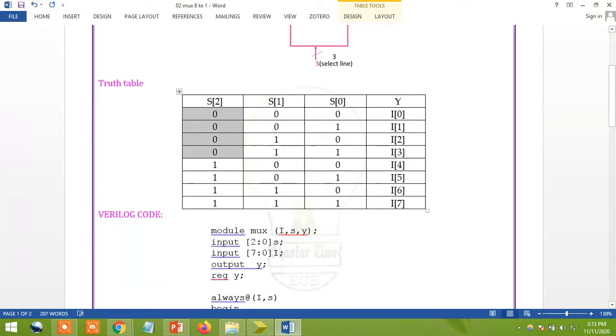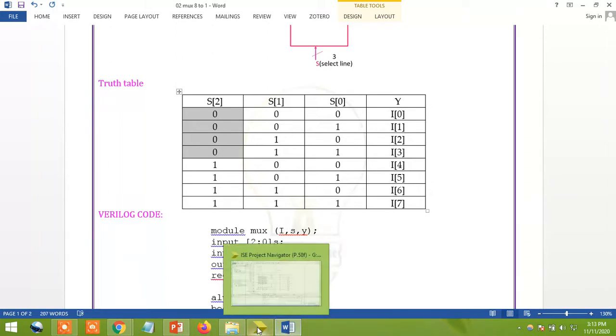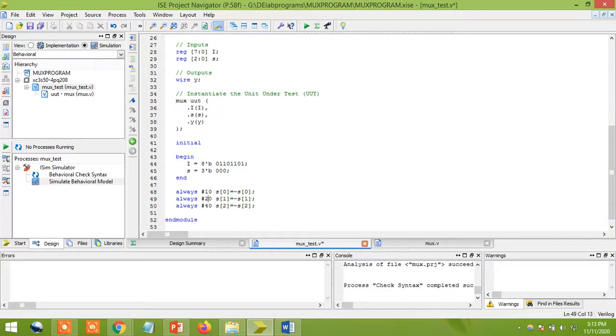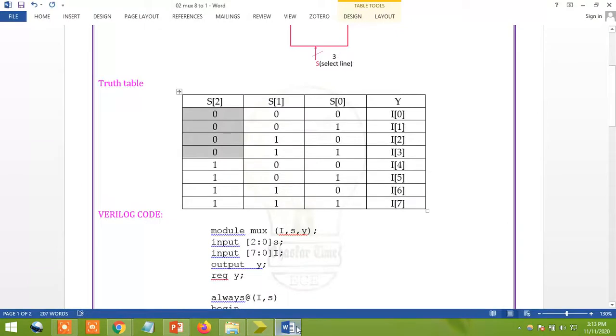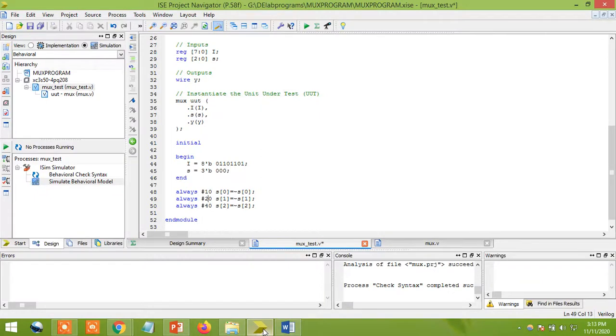For S1, 0 to 1 is my intention, totally 10 plus 10 will become 20 seconds. So that's why I define a delay of 20 seconds. Next, I'm going to give an always statement with a time delay of 40 seconds. Clearly you can see that from here to here it is 20 seconds, and the next 20 seconds, and finally I'll get the value at 40 seconds. The total complete time here is 40 seconds.